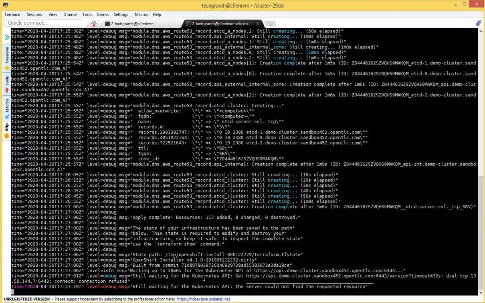Keep waiting for Kubernetes API. It is still waiting for Kubernetes API: server could not find the requested resource, connection refused.